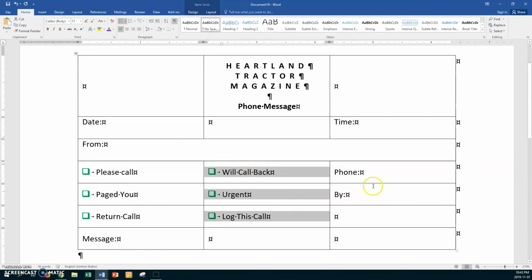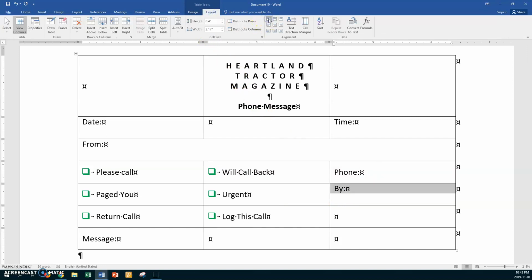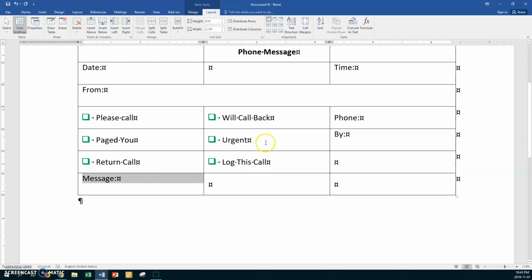Okay, good work. Now, phone is here, but by is supposed to be top left. So let's go to layout and make it top left. I'm just making you aware to pay attention to, is it the top left or is it left center? Now, message, let's come down to message, and it was top left, so click on top left, and we want